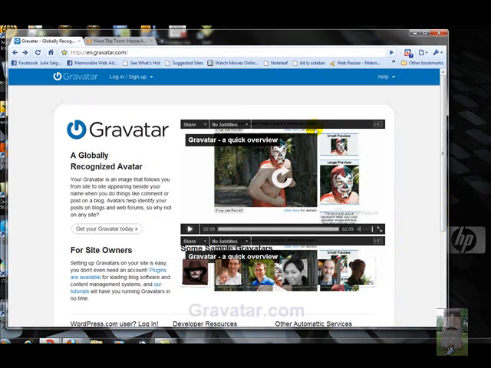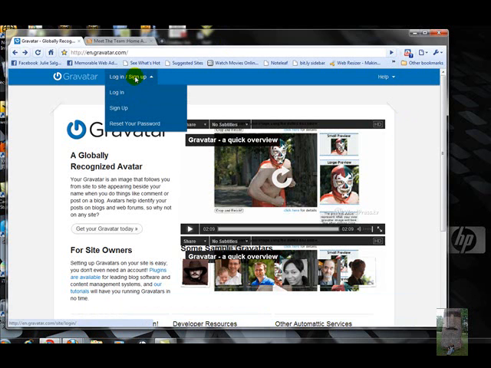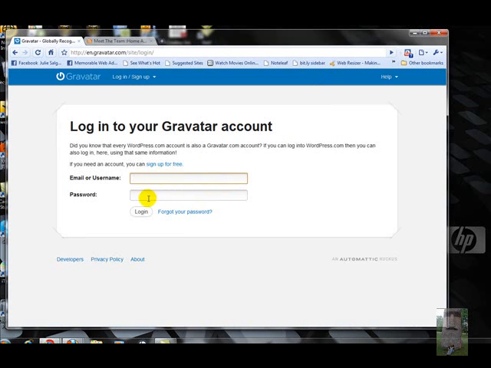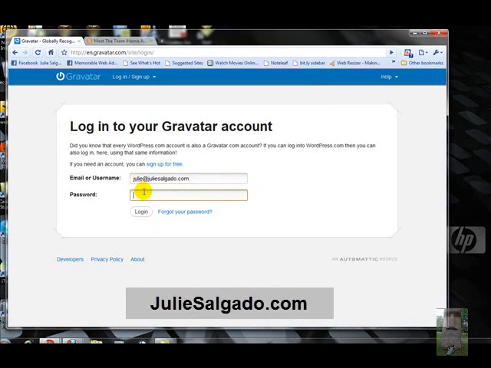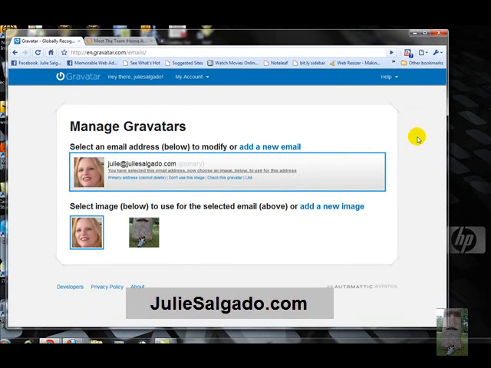All you have to do is go over to gravatar.com. That's gravatar.com. And it's very simple to set up. Gravatar stands for Globally Recognized Avatar. So what you want to do is come out here and sign up. I already have an account, but I'll show you this. I'm going to use my email and my password and log in. For you, you'll want to sign up and create your account here. It's free,